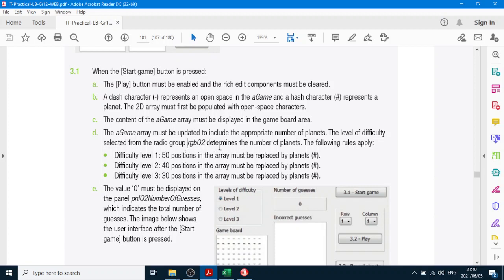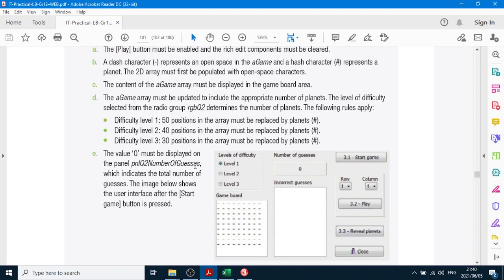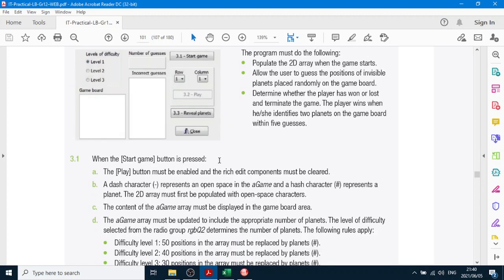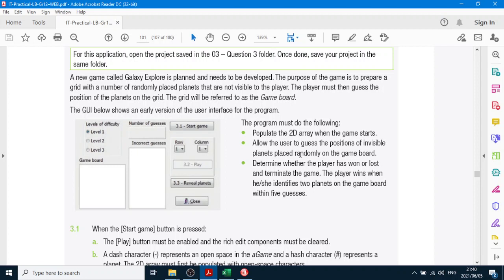We're going to put hashes in certain positions of the array. That's what we are going to be doing. 50 positions of the array must be hashes, 40 must have hashes, and 30, and they must be randomly generated. So we're going to put hashes in a random place on the board. It's going to be a bit difficult because we can't have the same random number coming up each time,